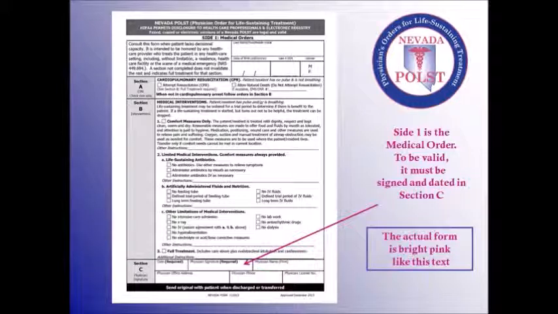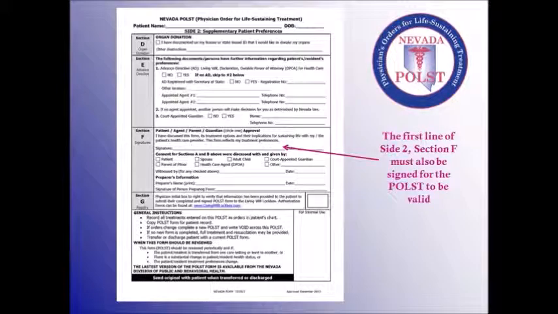The physician's signature and date. At the bottom, section C, so this is an important place to look for EMS. And on the second page, the second signature is in section F, and this is the signature of the patient or their legal representation.